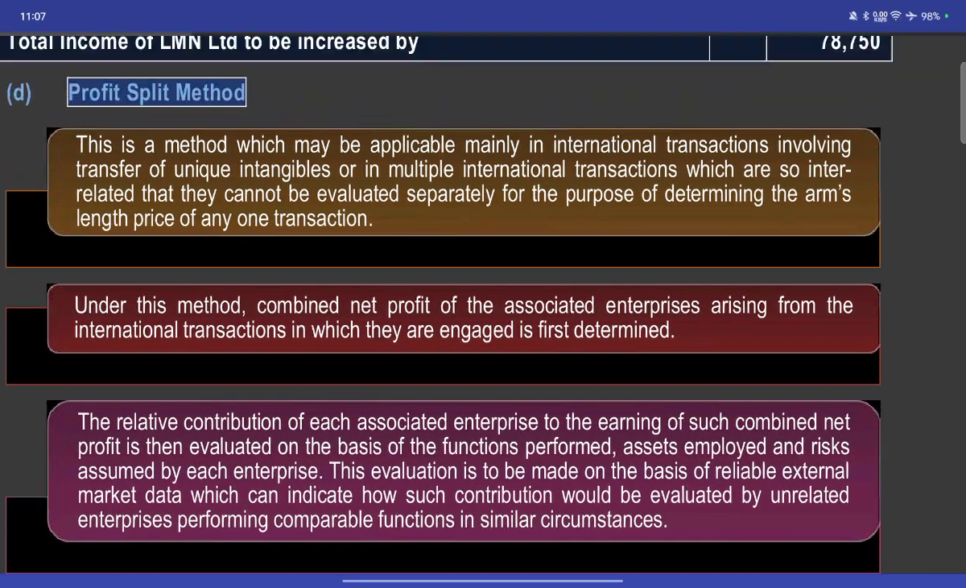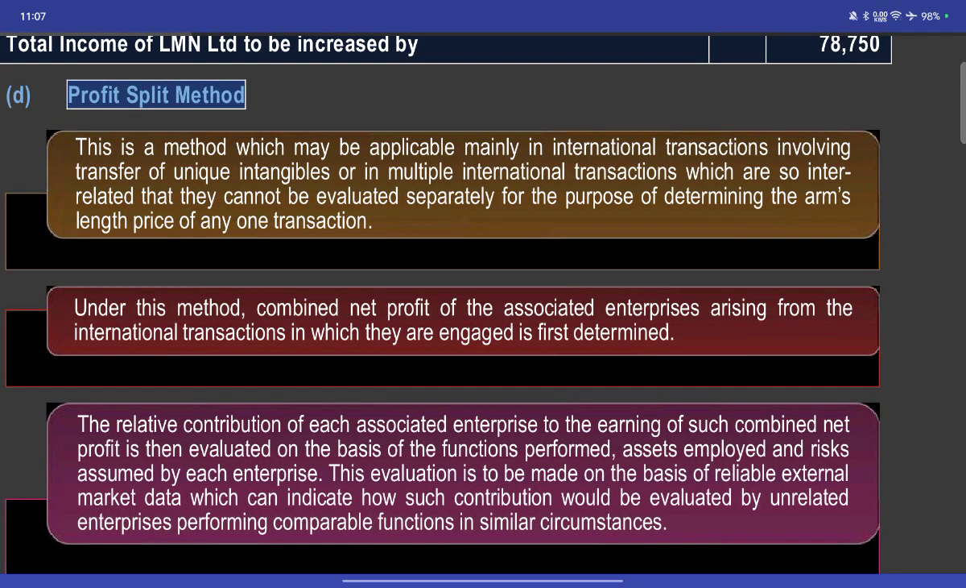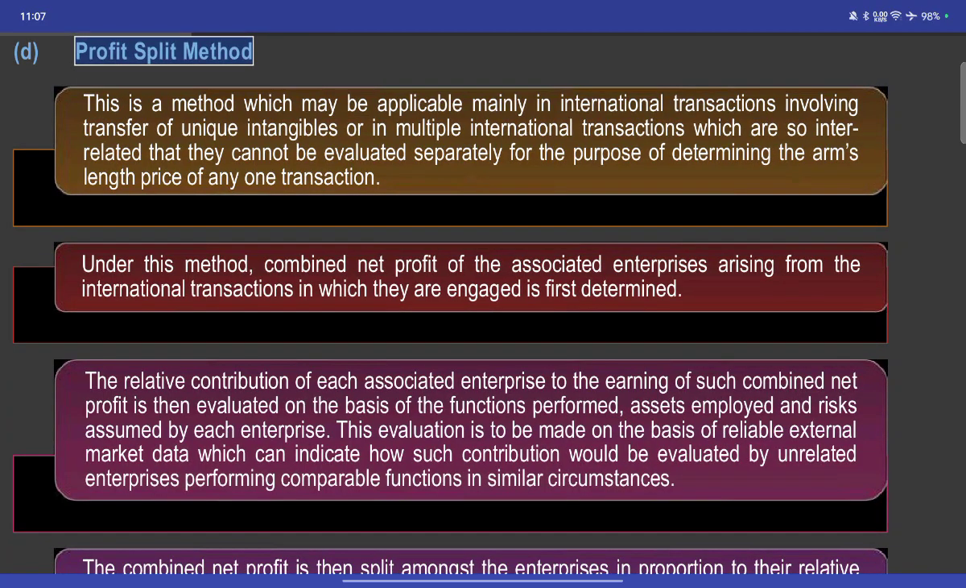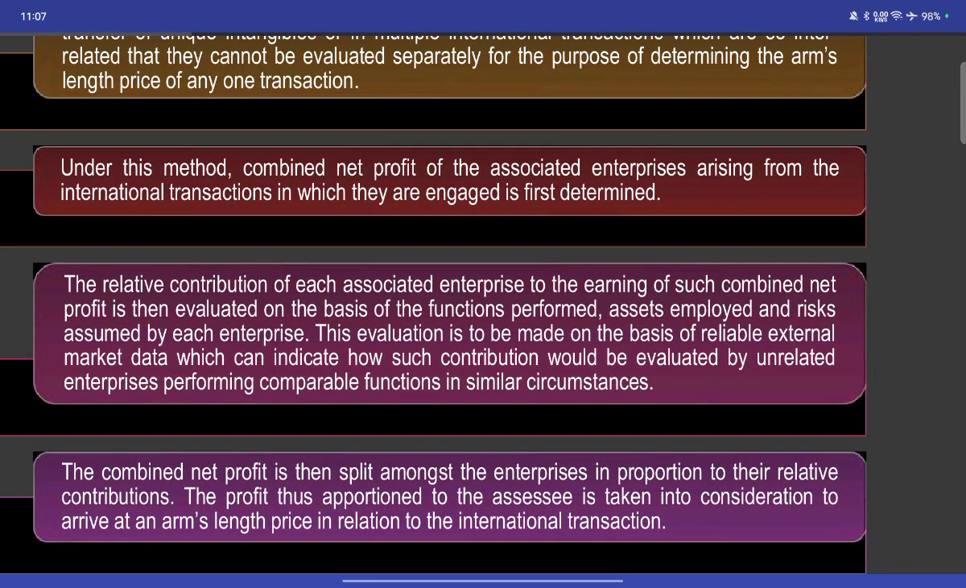Split profit method. This is a method which may be applicable merely to an international transaction that involves transfer of unique intangibles, or in multiple international transactions which are interrelated so that they cannot be evaluated separately for the purpose of determining the arm's length price of the transaction. Under this method, combine the net